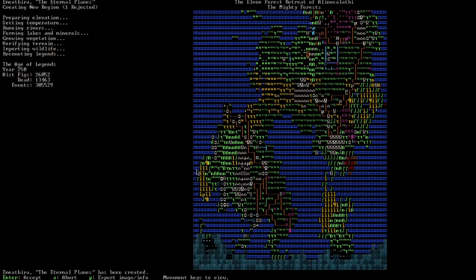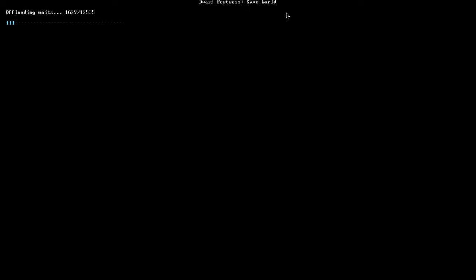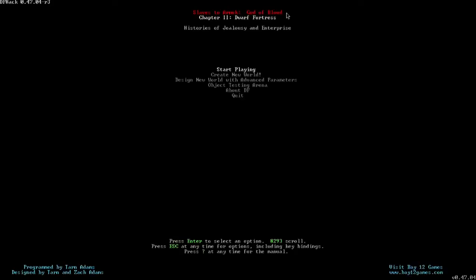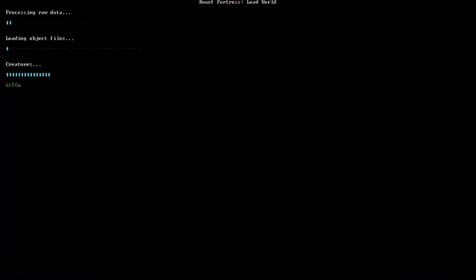embark. Okay, once your world's been made, you can have a look at the names of the places at the top. But for this tutorial, I'm just going to press enter to accept, and this is going to offload the units. And this might take a minute or two to do, so just be patient. We'll go back to the main menu once that's done. Okay, so now you should be greeted by this screen. You can see that the start playing has appeared at the top. So if we press enter on start playing, enter for Dwarf Fortress mode,